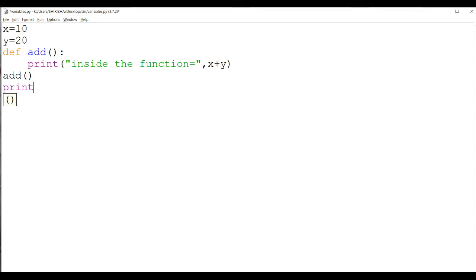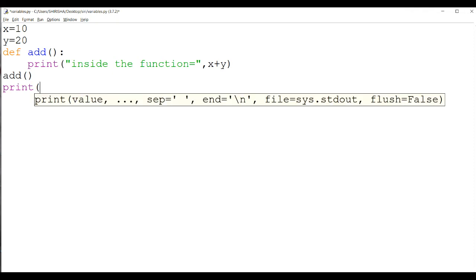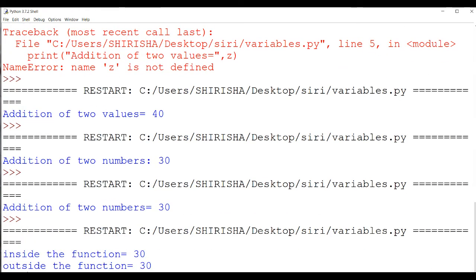This is outside the function. You need to come out of the indentation. Outside the function, x plus y. Save it. Here inside the function equals 30 and outside the function equals 30.